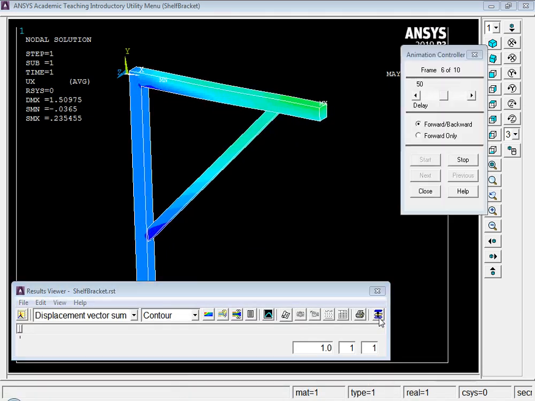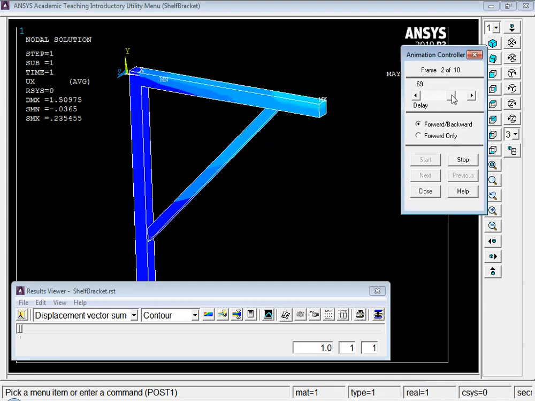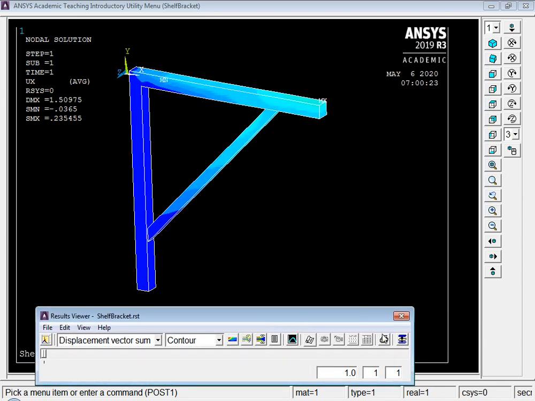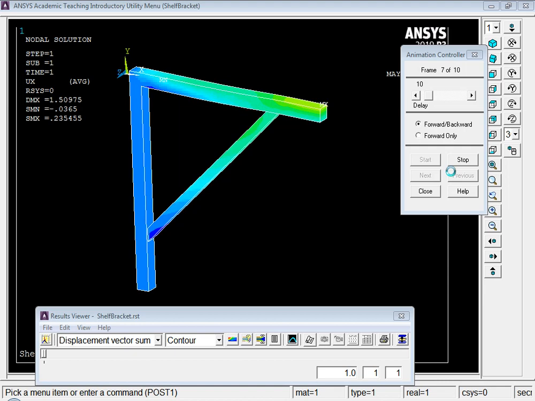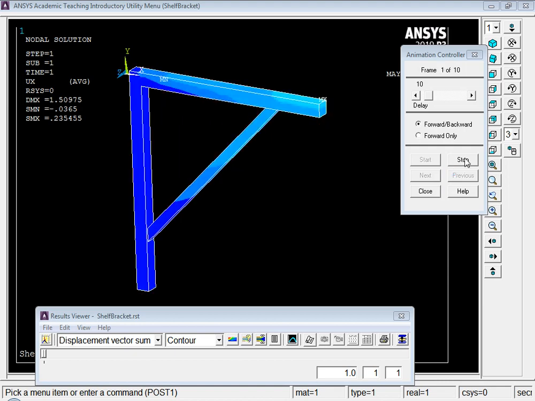You can increase the speed or decrease the speed. You can also see other results.